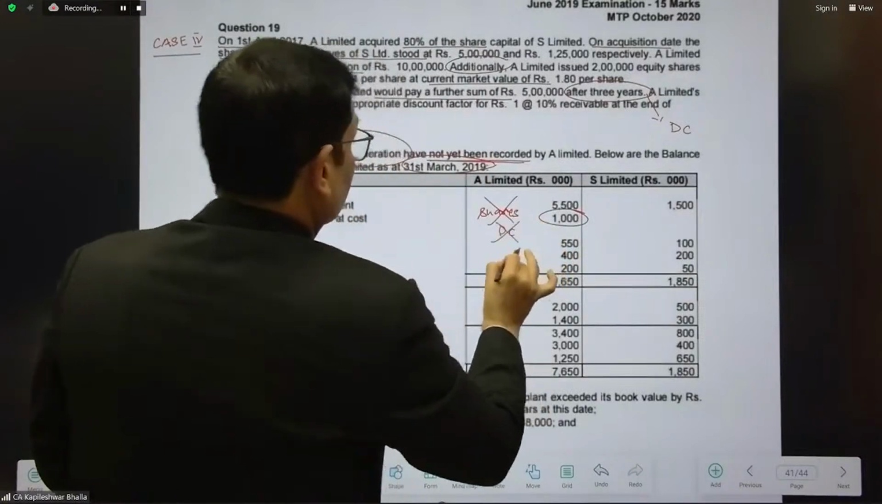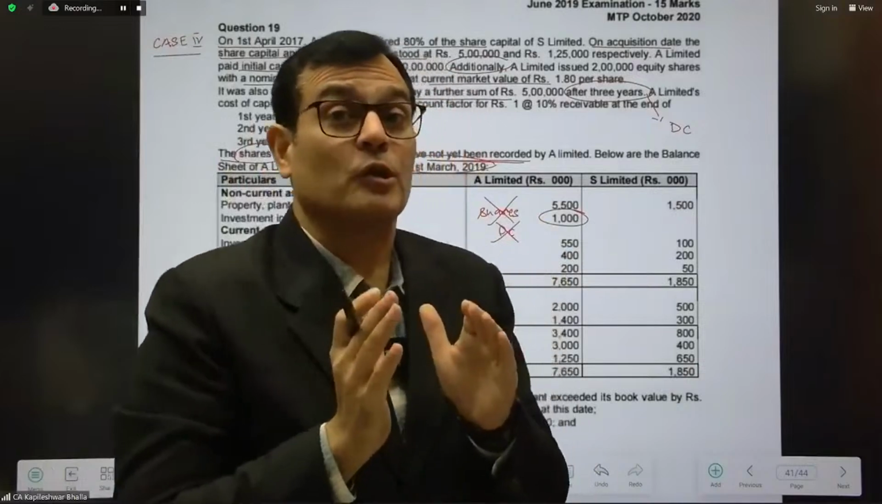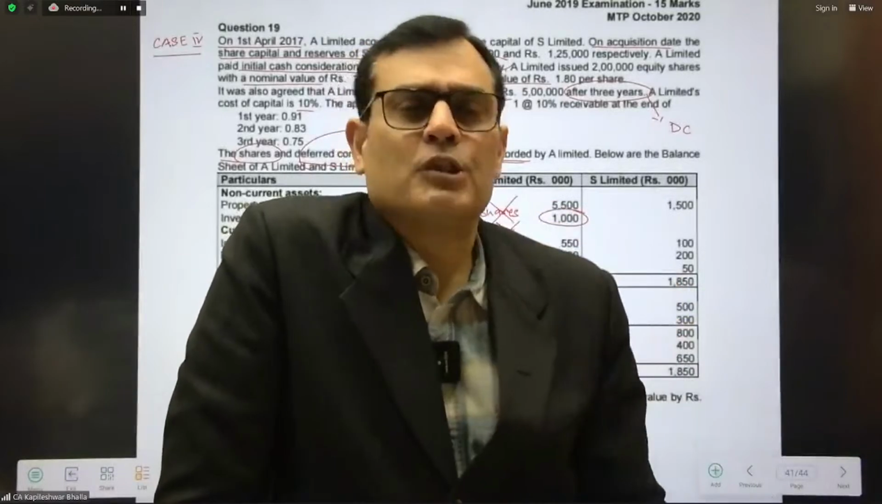This is not including the DC. So this is, you can say, a PC which is only a cash component, so you cannot take this as a base. Now, my advice is, since in this particular case the parent company has not yet incorporated the shares issued to the shareholders and the DC,